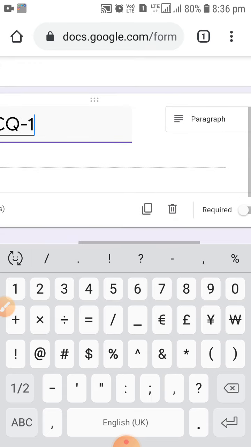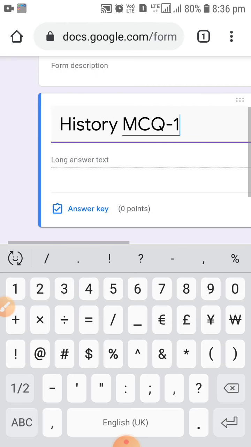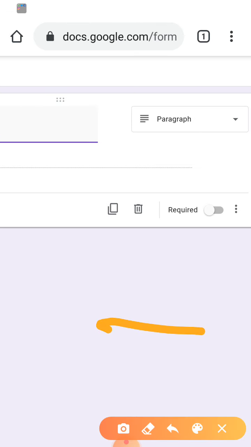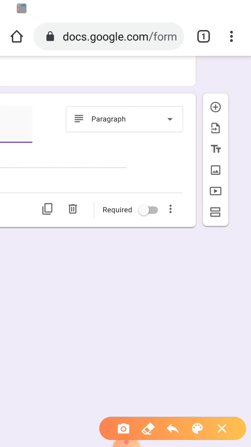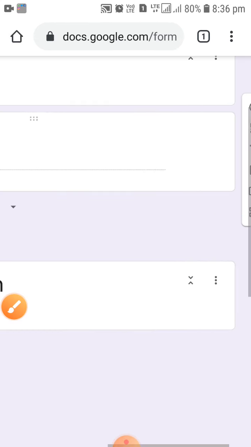Okay, so what we have to do first is create one more section so that we can collect the name of the students also. I'm writing over here, just click on this one so that we can collect the name of the students also. In this button you can see these two particular rectangles are showing, so we'll have to click on that, and it will add one more section over there.